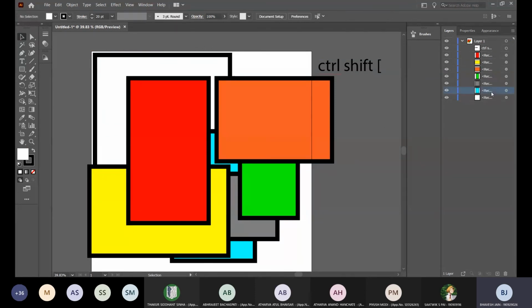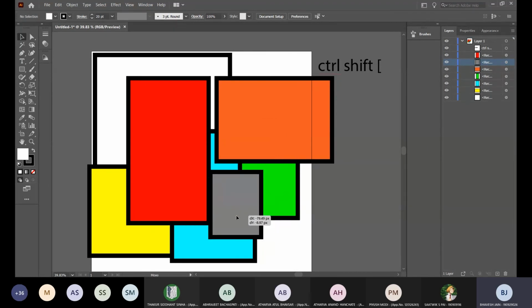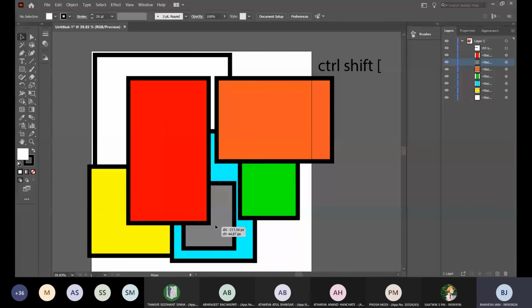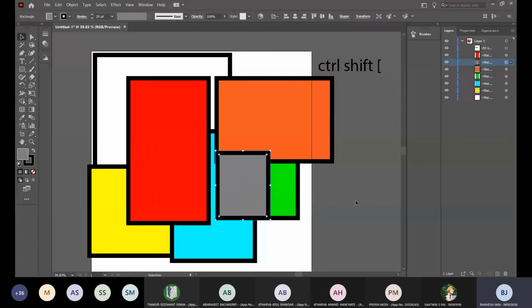And again, you can of course manually alter them. For example, if I want the yellow to be on the second lowest level, I want gray to be on the second top. So now it is above everything, but below red. Above everything else, but below red. So, yep, I hope this will help you guys understand a bit more about layering also. Was this part clear?